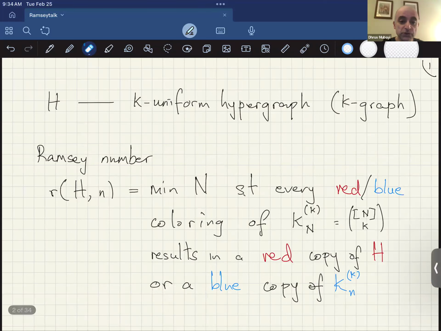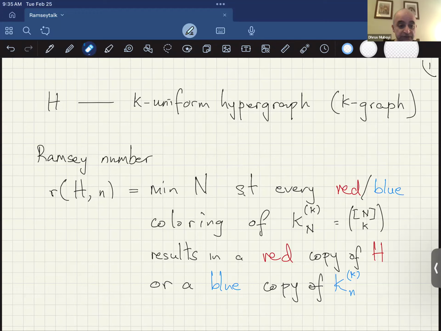Okay, so notation. Today's talk is basically about hypergraphs. K-uniform hypergraphs are sets of size K of an n element set. So you have an n element set, those are the vertices, and your edges are sets of size K. I will use K-graph as short form for K-uniform. And the main protagonist of the day is